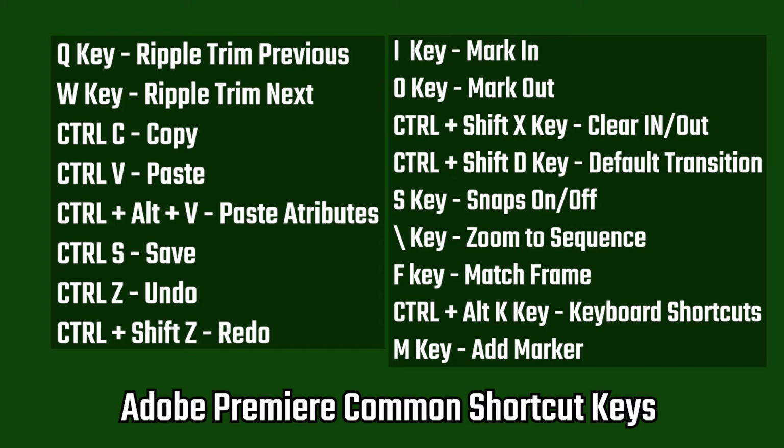In this video, I'm going to cover common Adobe Premiere shortcut keys, starting with the Q key, ripple trim previous, the W key, ripple trim next, Control C copy, Control V paste, Control Alt V paste attributes, Control S save, Control Z undo, Control Shift Z redo, the I key mark in, the O key mark out, Control Shift X